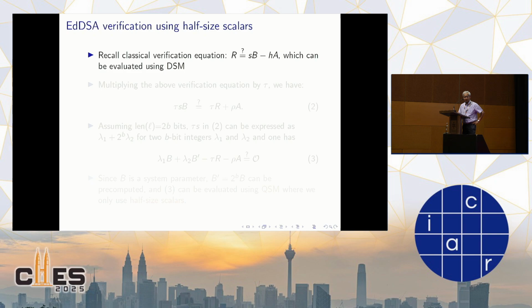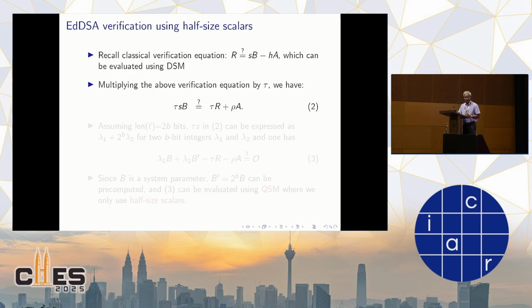So first I'll talk about individual verification. The equation that you see in the top line is for verifying an individual signature, and this could be done using a double scalar multiplication algorithm. Now if we apply the half-size extended Euclidean algorithm on H, that will give us two half-size scalars, rho and tau. Multiply the equation in the line at the top with tau, then equation number 2 is